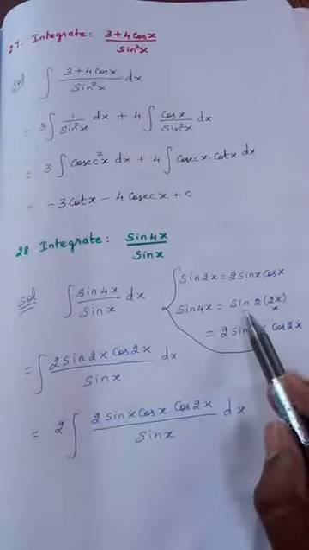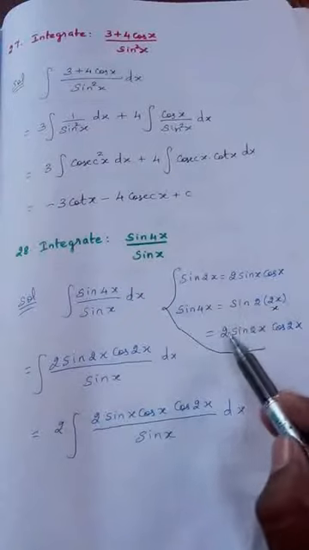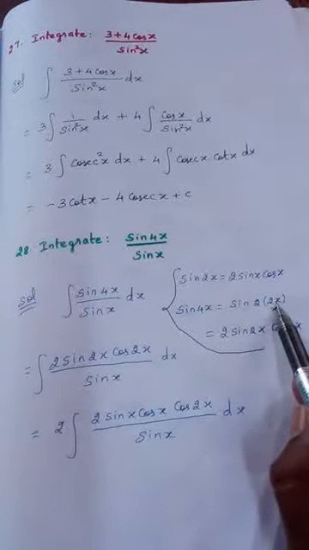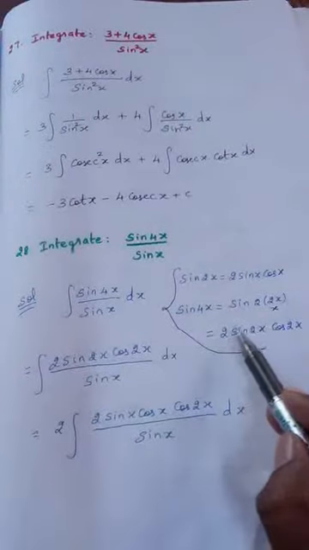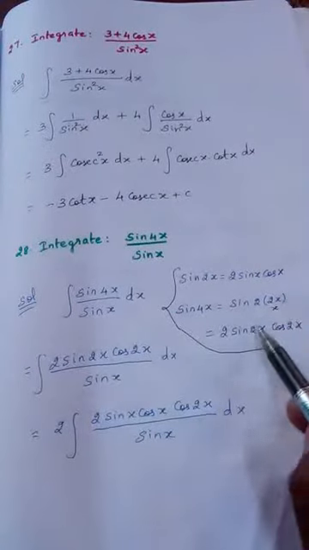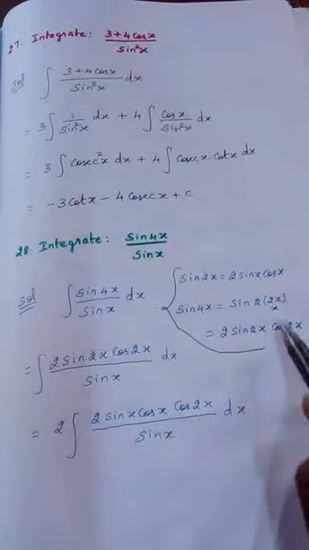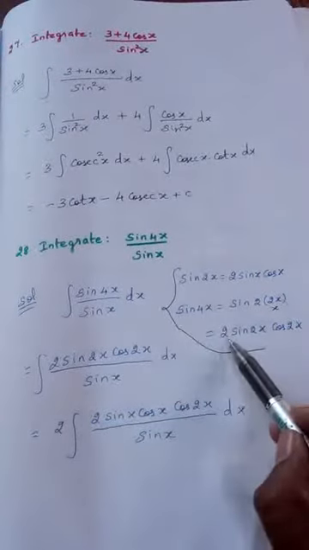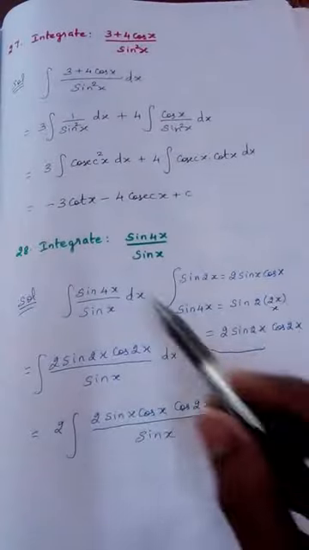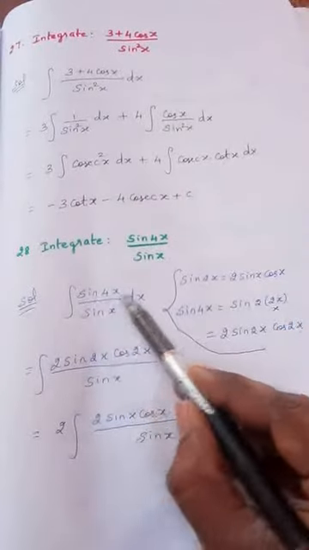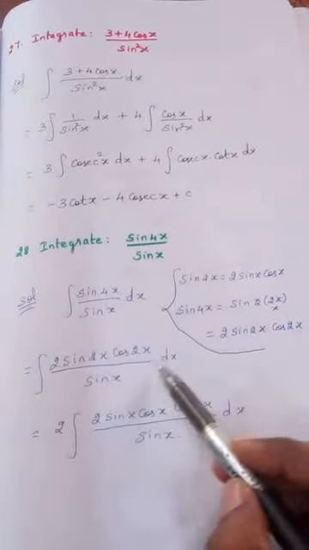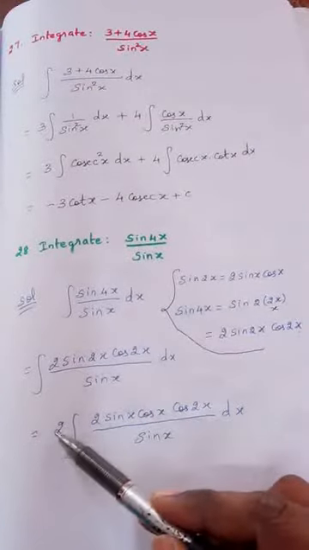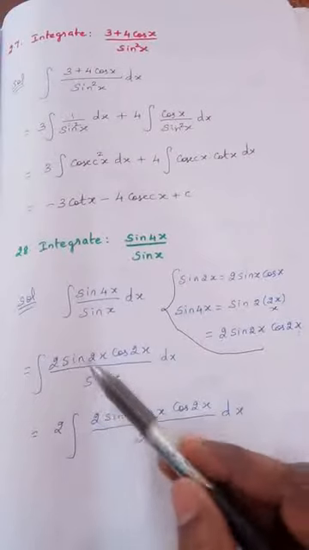So I am writing the formula for this now. This is of the type sin 2x. The formula is 2 sin x cos x, so sin x means sin 2x and cos x means cos 2x. So sin 4x is written as 2 sin 2x cos 2x. That is the first step: sin 4x is written as 2 sin 2x cos 2x by sin x dx. This 2 is written.